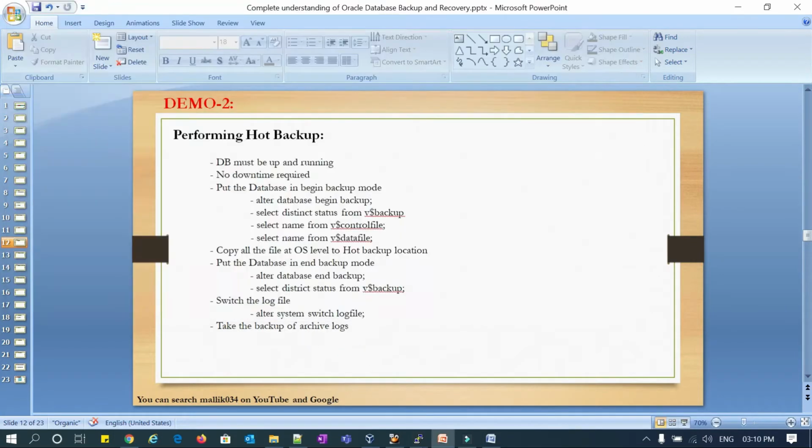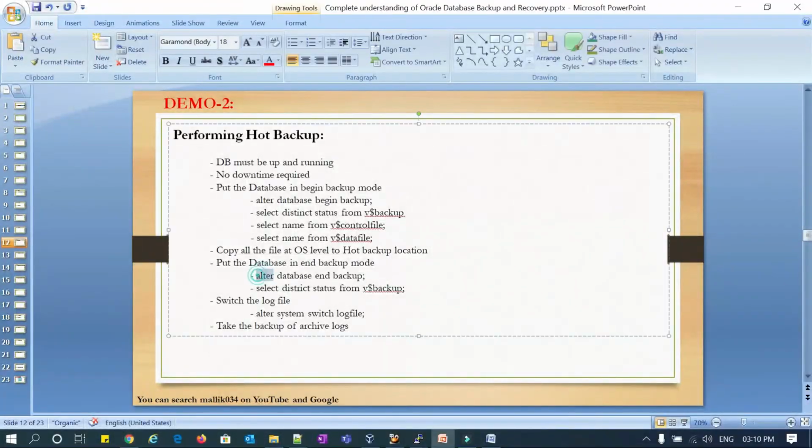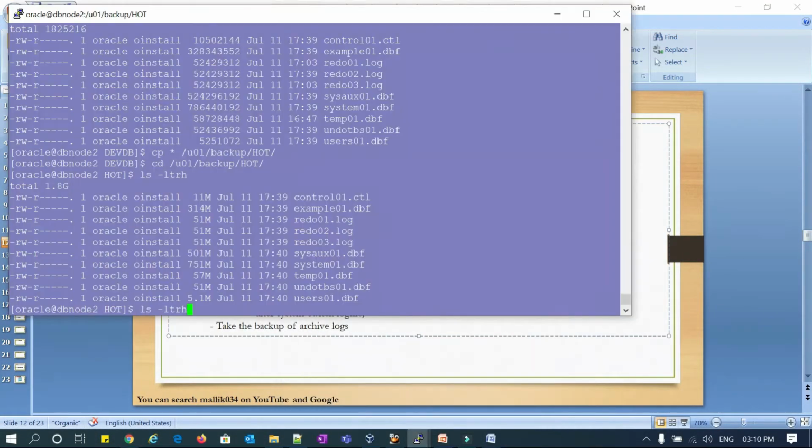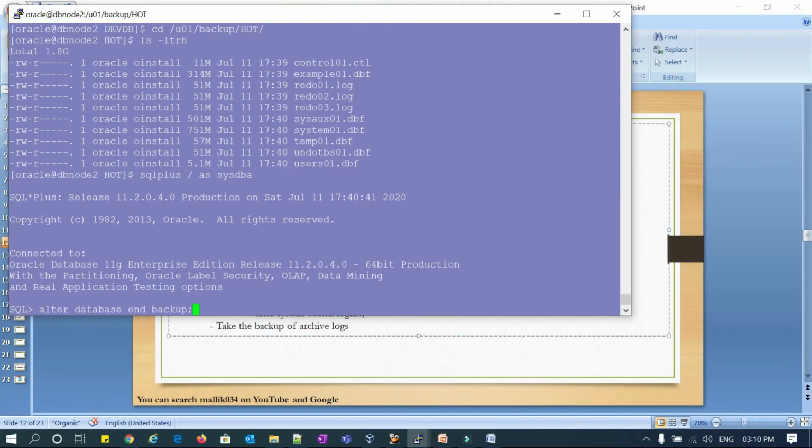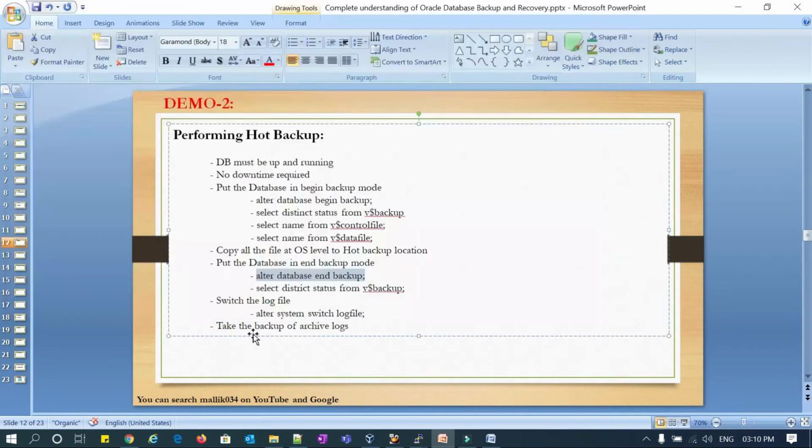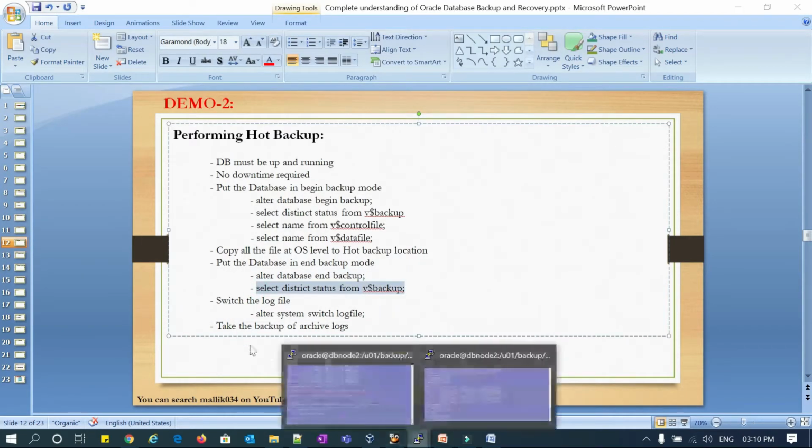Now I'll end my backup. The command is alter database end backup. I'll connect back to my database, run alter database end backup, and then check the backup status.